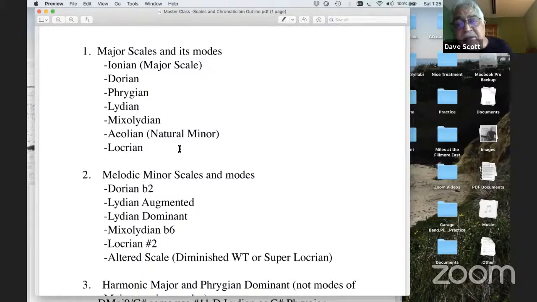Probably the most common mode of the melodic minor is the altered scale, which works on an altered dominant, right? It's the 7th mode of the melodic minor scale. So sometimes when I'm thinking over an altered dominant, I'll just think up a half step, the flat 9 or the flat 2, and work off that melodic minor scale. So for instance, if I'm playing a G7 altered,